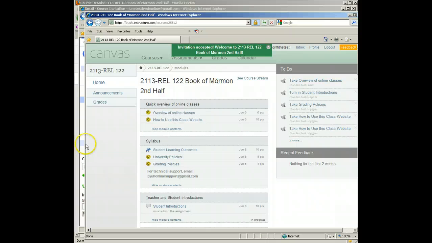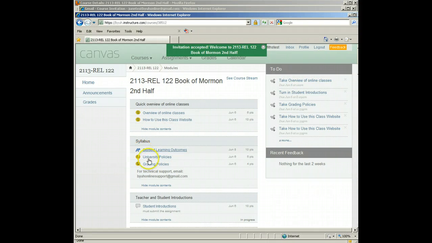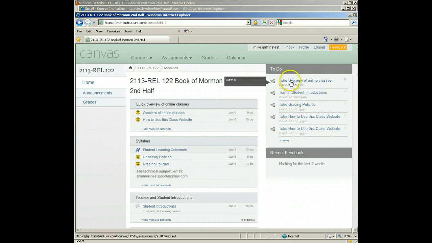Okay, now I'm in the class. And as a student now I see that I have a list of things to do, and then I also have this list of the whole class, all the activities. For each item it shows the date it is due, that it must be done by, and the points that it's worth. So the first thing I do in this class is I click on the first link at the top, and the Q means this is going to be a quiz. So I click on it,